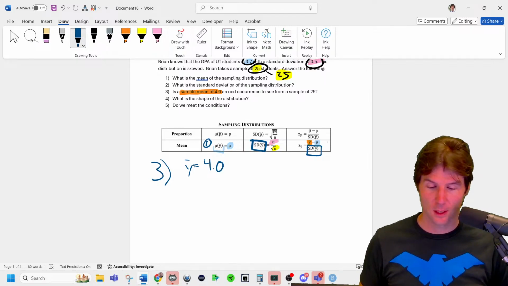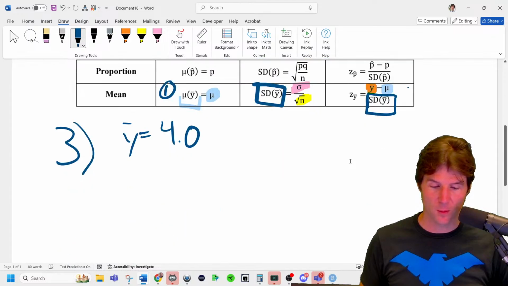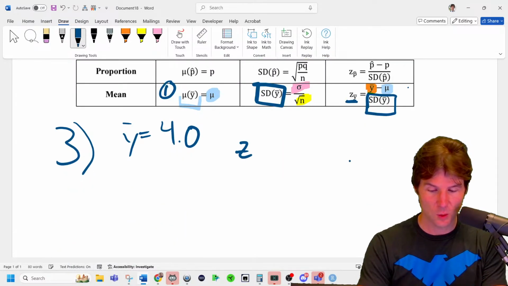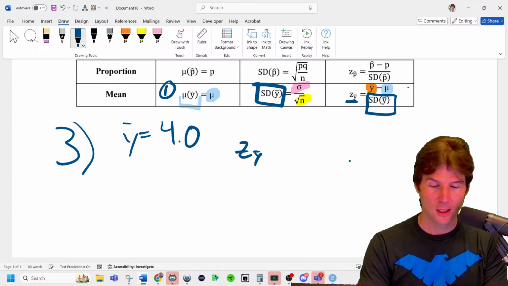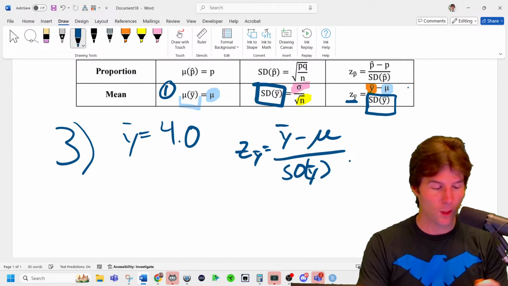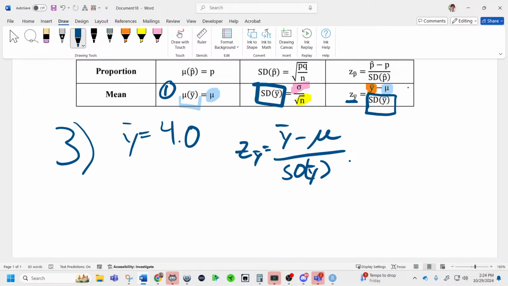I'll zoom in on it. We can find the z-score for the sample mean. The z-score of a sample mean, to see if it's odd, is equal to the sample mean minus the true mean over the standard deviation of y bar. The standard deviation of y bar was found a moment ago to be 0.1. Mu was 3.7, and this is 4.0, so we get 0.3